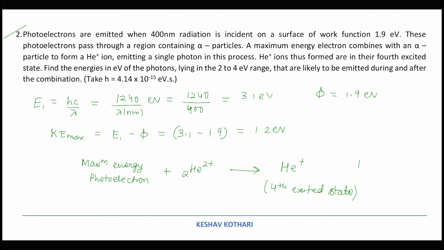A photon is emitted. So this is the required reaction which is exactly taking place by the photoelectrons emitted. So over here I am saying the fourth excited state is implying that the electron enters n equal to 5. This is what the meaning of fourth excited state is, and the energy corresponding to the fourth excited state can be calculated as minus 13.6 Z square by n square.